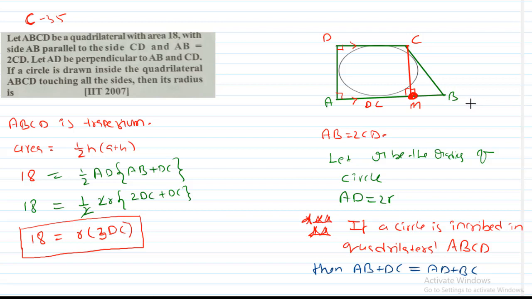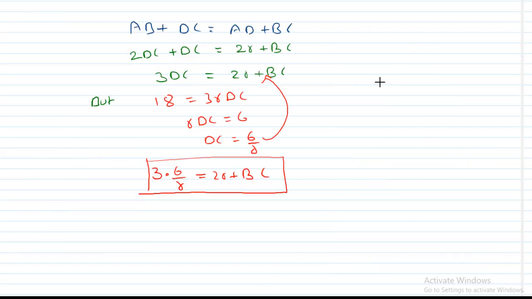Okay. So this is 2R now. I can say this is 2R. So this is, I can say, DC again. So I want BC. So BC square equal to 4R square plus DC square. I will write here, BC square equal to 4R square plus DC square. DC means what you got? 6 by R, no? So 36 by R square.